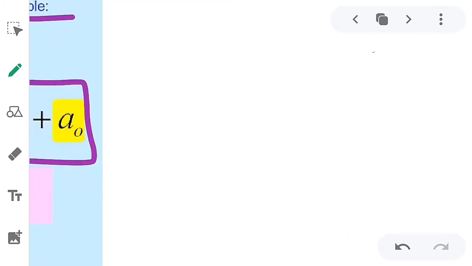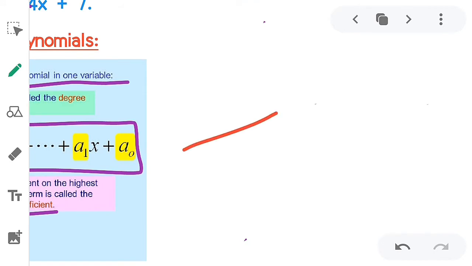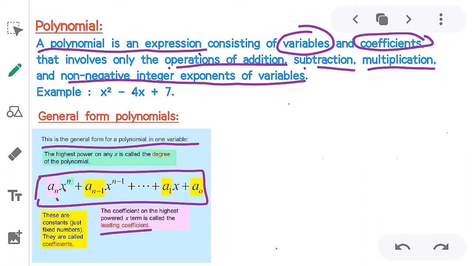Now in this, I already told you the general form, that an x power n. So I am taking n equal to 3. Now I will get a third degree polynomial. How? I just replace n with 3. Let us see. a3 x power 3 plus a3 minus 1, how much? a2